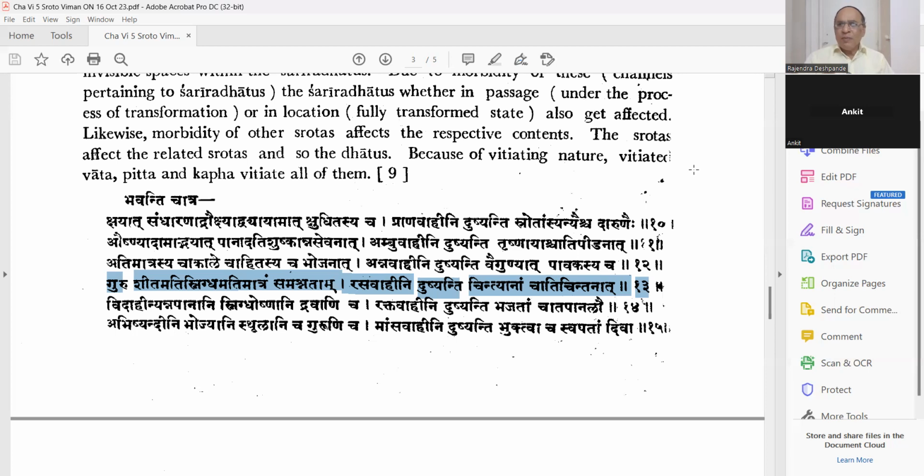There may be some domestic problems. There may be social problems. There may be court matters. There may be business problems, losses and gains. There may be share problems. You see the farmers. Farmers are always thinking. They are also not escaping from these problems of Rasavahasrotas Dushti. Farmers may be suffering from Rasavahasrotas Dushti. You will be surprised. Yes, that's why they commit suicide. They are thinking all the time whether the rain will come at a proper time, in proper amount, whether the government will pay me reimbursement for my losses. Tension to the farmers also.